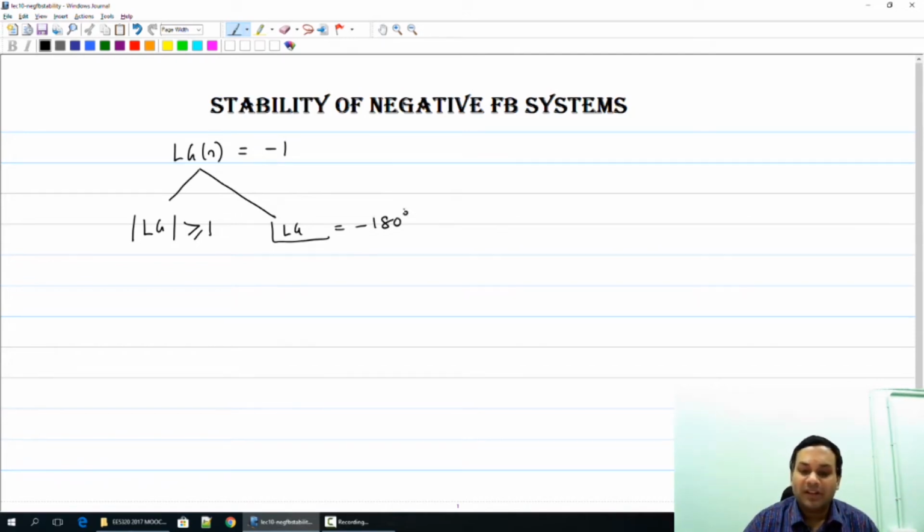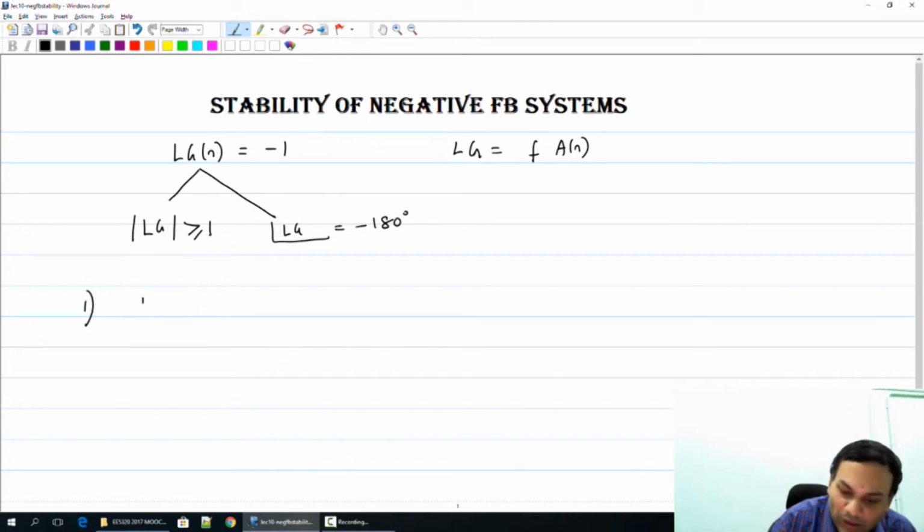Now these are called the Barkhausen criteria, but more importantly for us, this sets a condition on the loop gain of the system, giving us a bound on the stability of feedback systems. So we will start looking at some simple systems of 1 pole, 2 pole, 3 pole systems and see what implication there is for stability. Just a reminder that the loop gain is the feedback factor F times A of S. So we will take some sample systems.